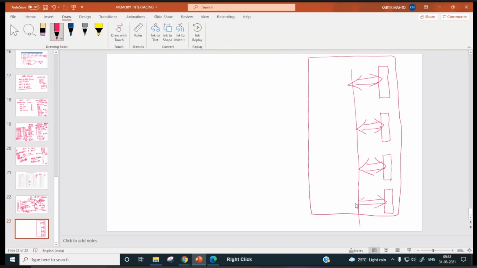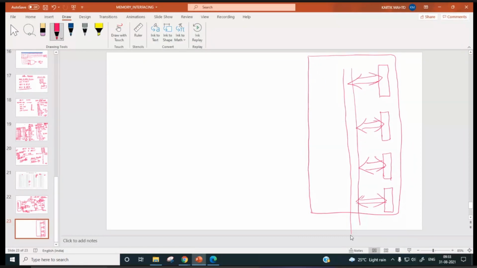This is a 4 into 8 RAM. So this is register R1, this is R2, this is R3, this is R4. In order to address a 4 by 8 RAM, how many address pins are needed?